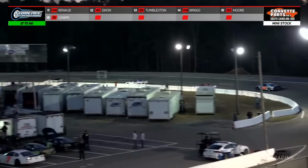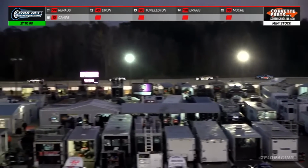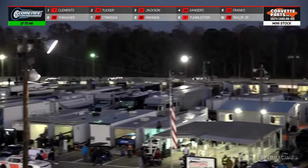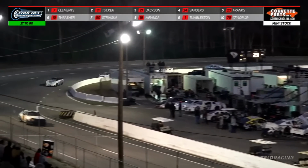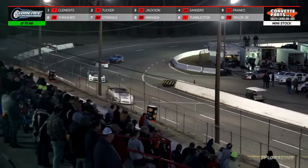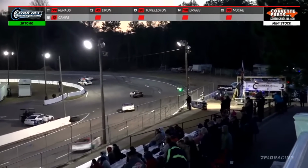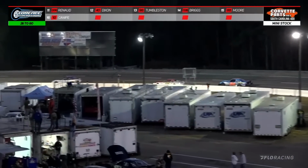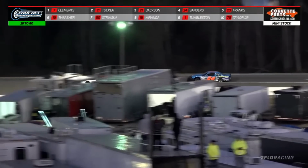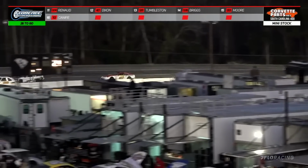It's a battle royale right now as things start to space out, but that's letting Steven Sanders kind of close the gap. We might have a 4-way battle for the lead. Sanders has to be absolutely loving what he sees out the windshield right now. So far, this race has been clean and green since the start, but we've already had 3 lead changes amongst 3 different drivers. More lap traffic in front of the leader. Clements out front, Tucker second, Jackson third, and there's Steven Sanders as we're going to be coming to halfway this time by, 25 laps to go for the mini